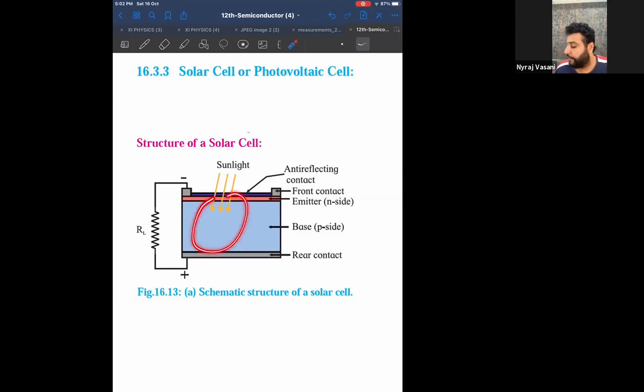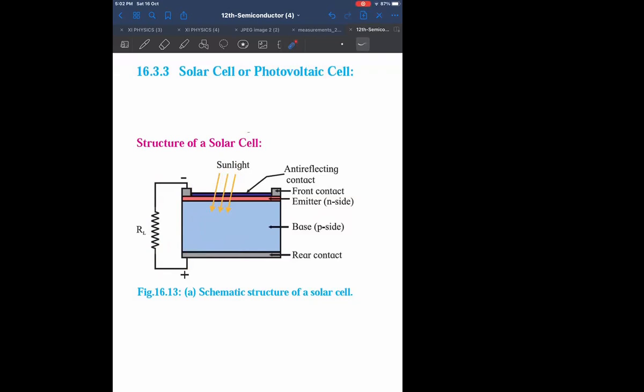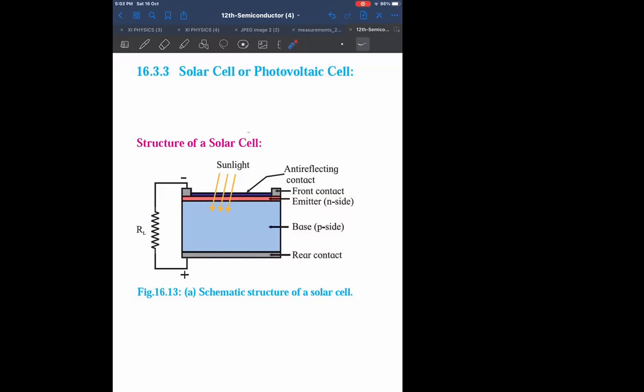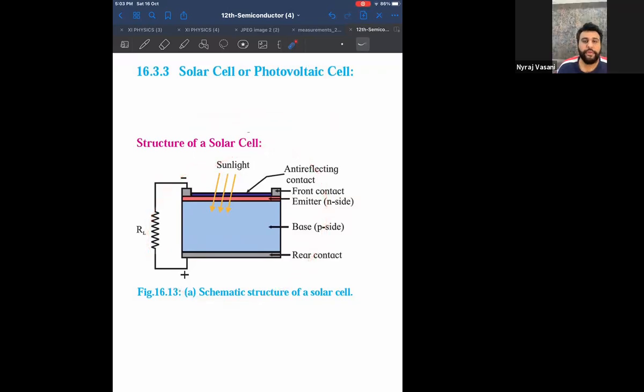Okay. Now the diagram should be clear. Sunlight falls on the depletion region, and with the help of contacts, it goes to RL. What does RL stand for? RL stands for load resistance. And what does load resistance mean? It means any external electronic device that is there. It can be TV, it can be fridge. This is the working of a solar cell. Very, very similar to a photodiode, but little heavy. Heavy in the sense it is used for heavy loads. Okay. So write down the side heading solar cell, draw the diagram, then I'll give you the notes. Start.